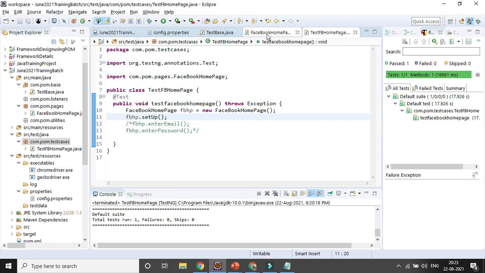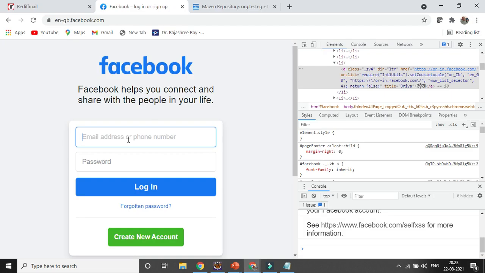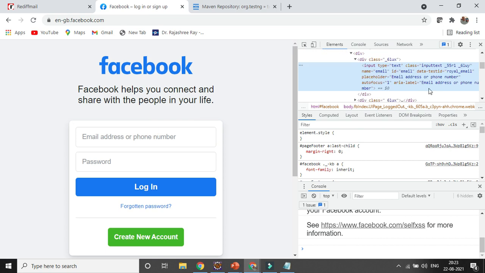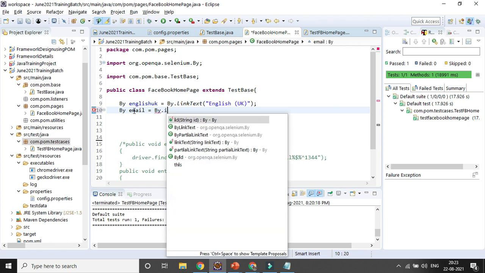Okay, now once I click on the English UK, then I'll be entering the email, right? So let's go for email. I can go with that ID email. In a similar way, I'll be creating emailField equal to By dot ID. What is my ID?